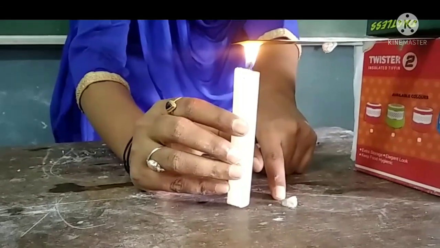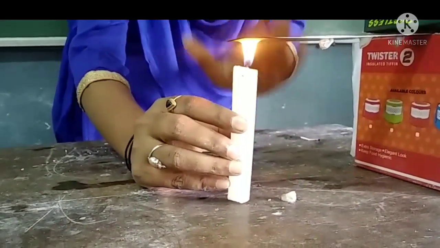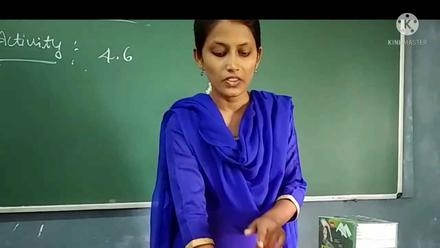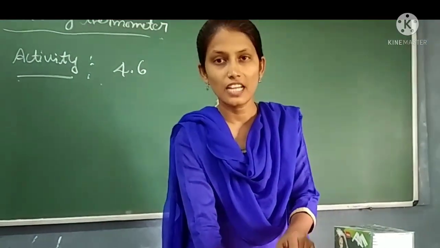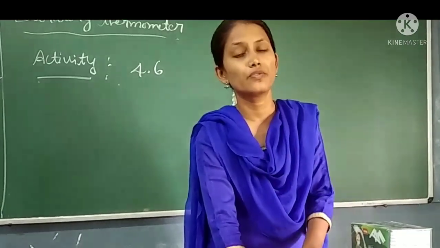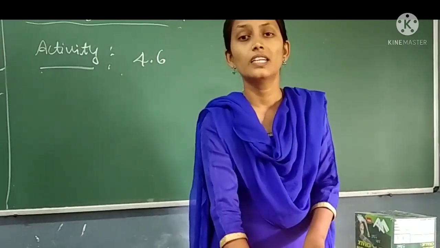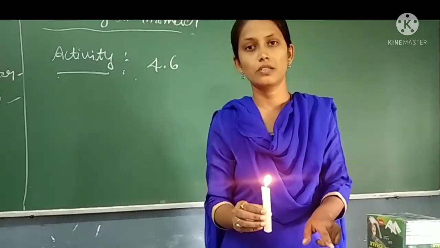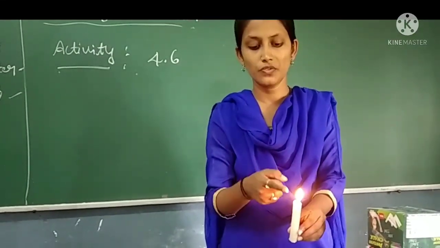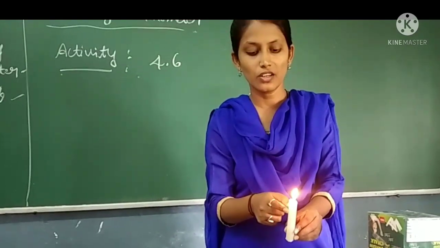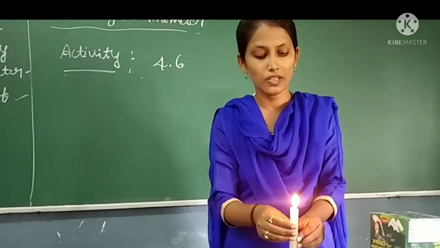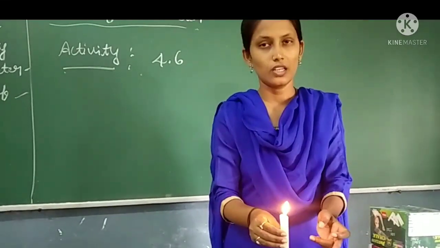Children, you have observed that the first piece of the wax falls first. We have observed here that the first piece which is attached on the metal strip falls first. What does it indicate? Here the heat is transferred from the candle to the metal strip, right? Here the heat is transferred from a hotter object, that is the candle I had used. From this candle flame the heat is transferred to the other object.